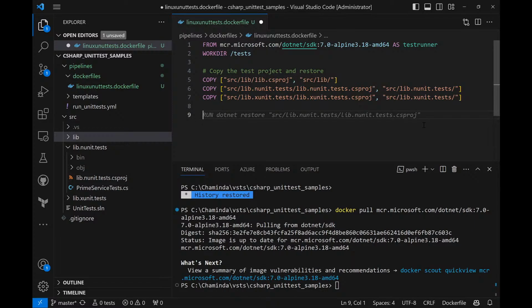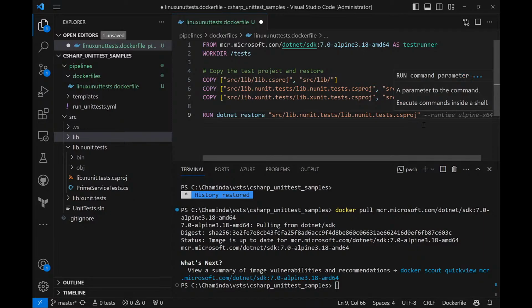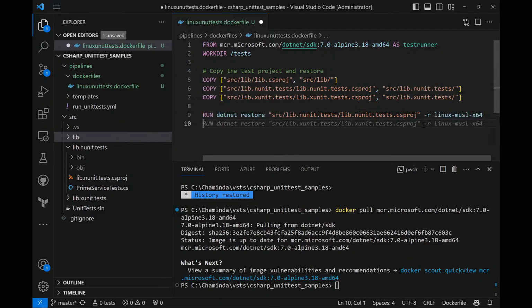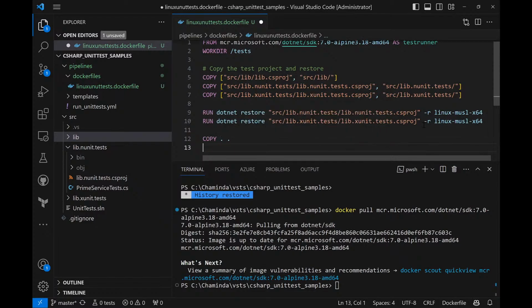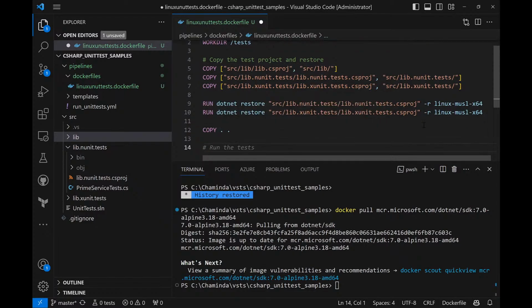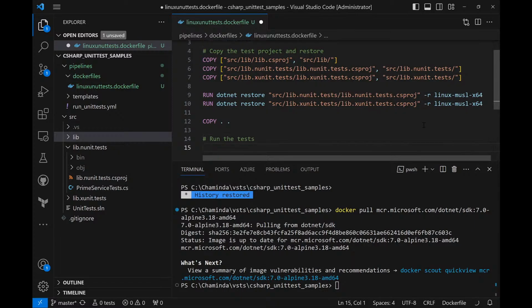Now we need to do the restoration of packages, and this is fine, but I just want to make sure I specify the runtime as linux-musl-x64, and then let's do the other project restore as well. So both NUnit and XUnit projects, let's restore, and after that let's do a copy and let's ensure we run the tests. So we can call that run the test, and then